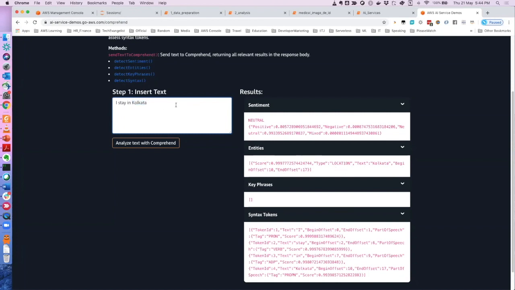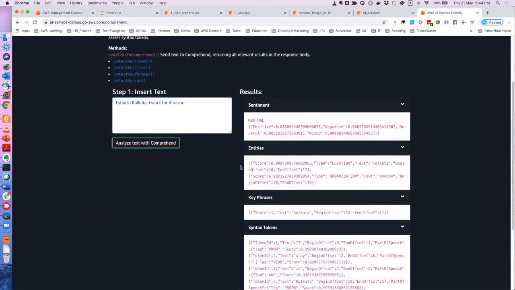If I further say that I work for Amazon, and then I analyze, it should categorize Amazon as an organization. You see that? It already categorized Amazon as an organization. And again, whenever a machine predicts something, it will always have some confidence score. It will never give you some prediction without telling you how confident it is.